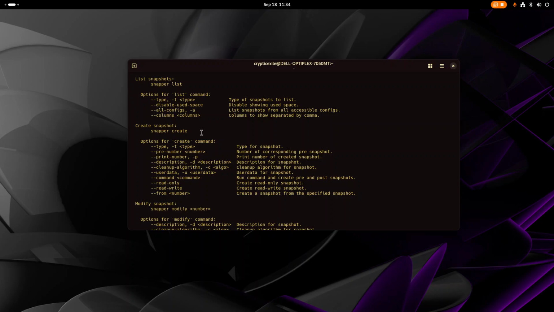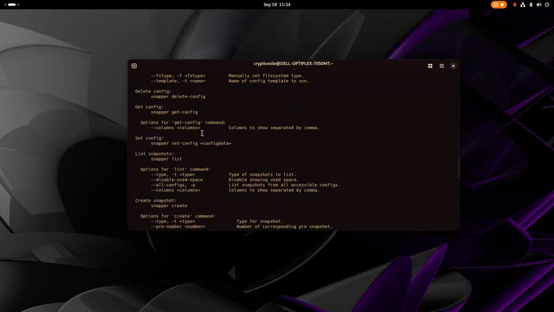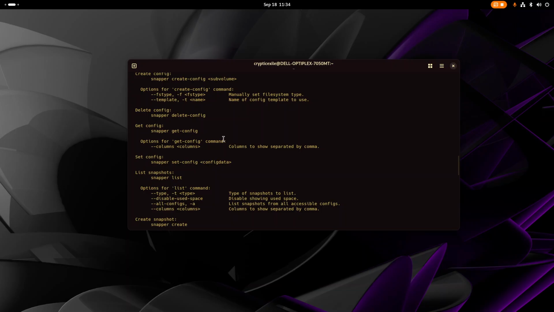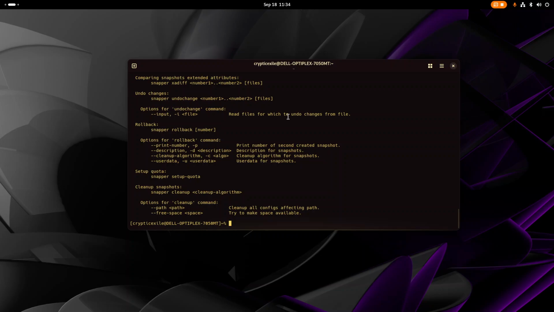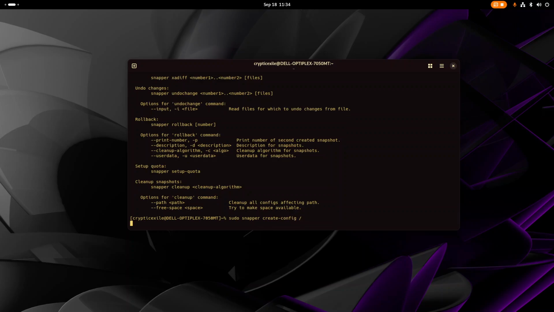Yeah, I know there's a create, but there's a snapper create something dash create-config. There you go. I knew it was something. So it's sudo snapper create-config /, as simple as that, because my Btrfs is only in /